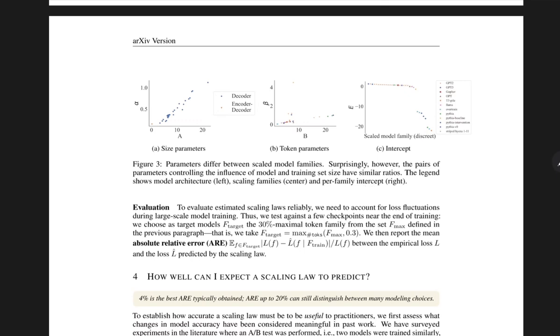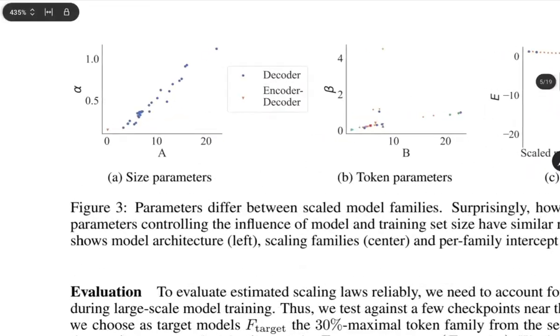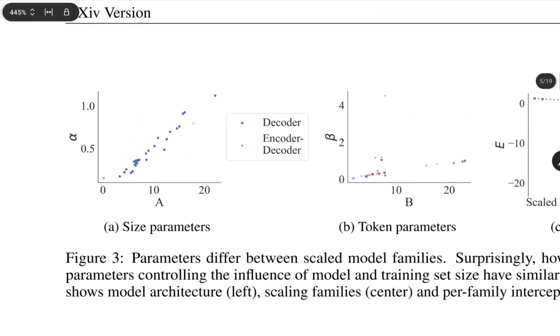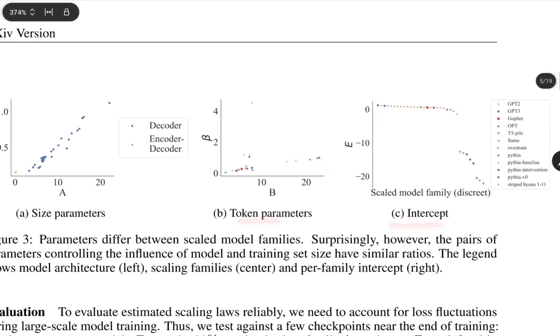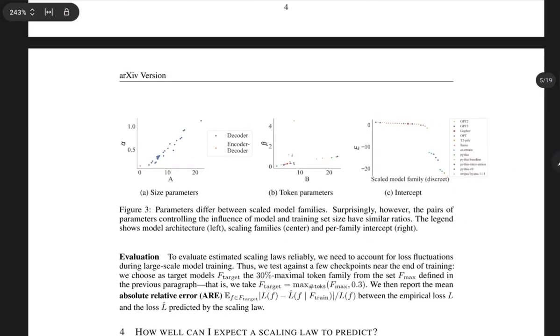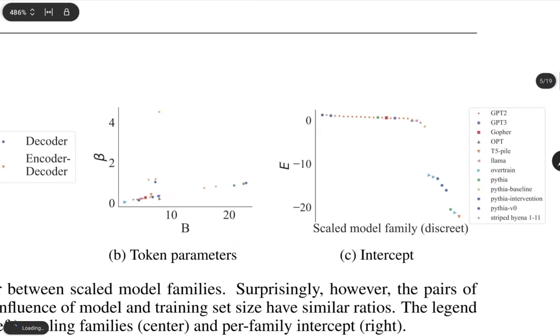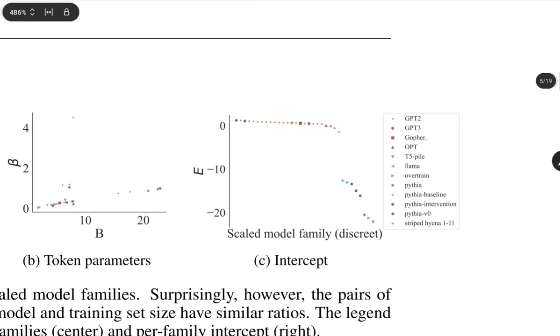So if you see here the encoder-decoder architecture, two different things, you will somehow see that for this decoder, the parameters that you keep increasing, the alpha part, right? The ratio remains somehow the same. Similarly for token parameters and intercept, you will see the same thing, right? Because all the models that they have done here, the GPT-2, GPT-3, Gopher, the scale model is that they're saying the intercept part, right? For the E,